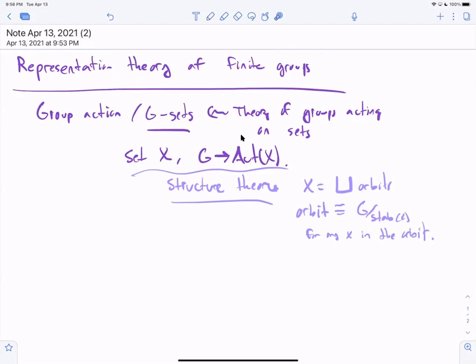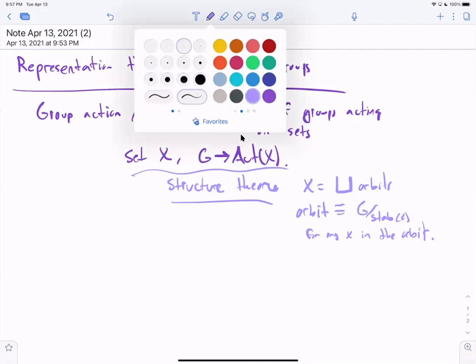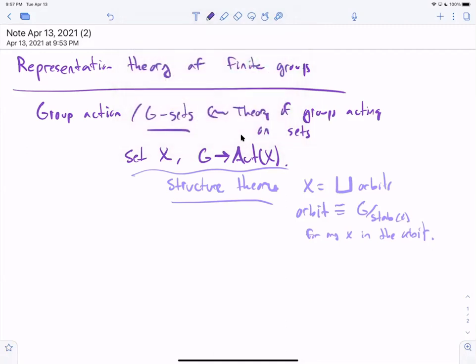So every G set decomposed uniquely into these simple irreducible chunks, and these orbits all had this canonical form. It was G mod some subgroup. Conjugate subgroups give the same G set up to isomorphism, but that's fine. There are some specific building blocks, and everything else is made from a disjoint union of those building blocks. And this is the theory we're going to emulate today,